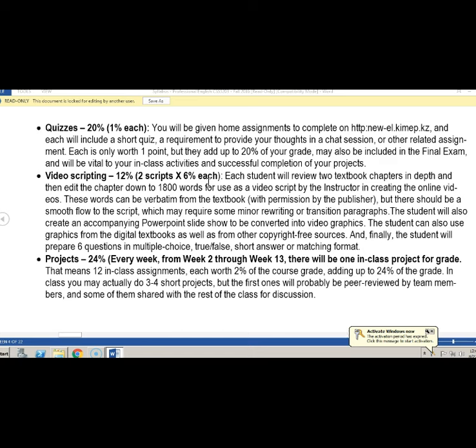But other classes, we may do some little exercises, maybe 4 or 5 small exercises at the most, probably more like 3 or 4. That's where you would write one paragraph, and then get together with your team and review each other's, and as a team come up with one to present to the rest of the class, that sort of thing. We might go through 3 or 4 of those exercises, and only one of them will count for a grade. And it's not going to count much. It's going to count 2 points.